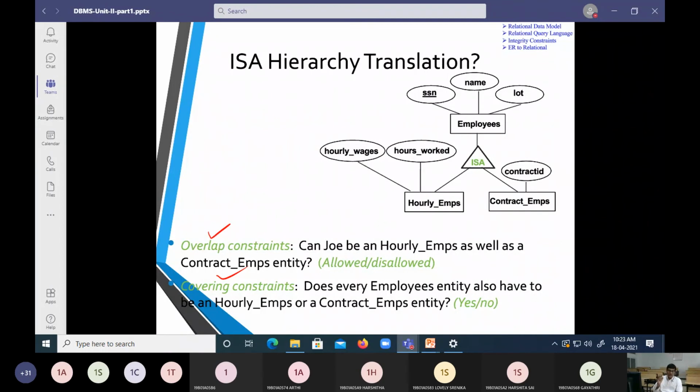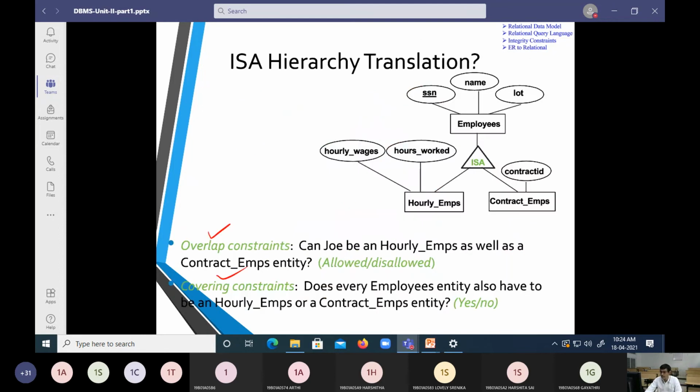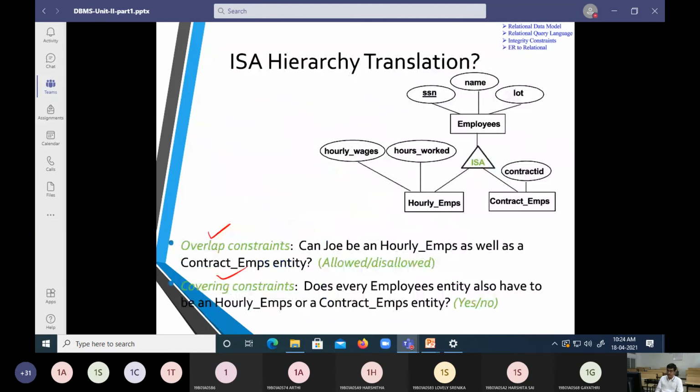With three relations, two tables, queries involving all employees are a pro, and query indexing is going to be taken up. And if it is two relations, again an employee must be in one of the two subclasses, and they are going to avoid the joins. We will look into each and every item in detail.